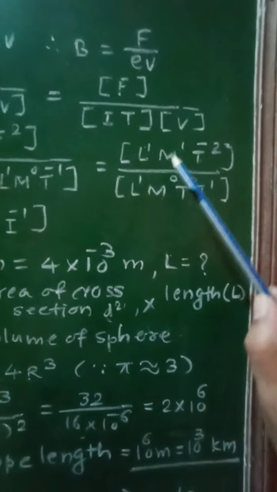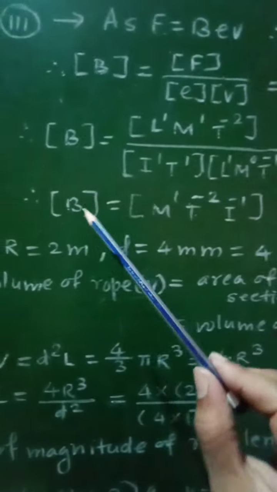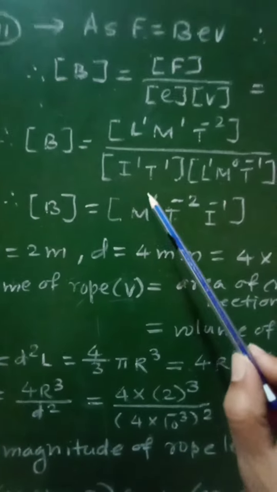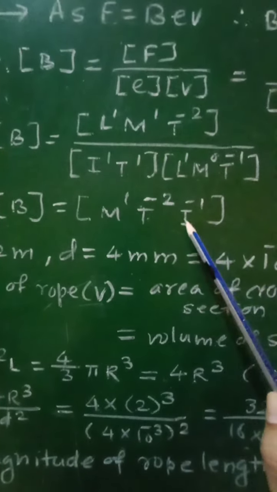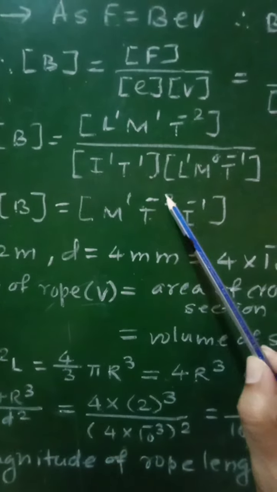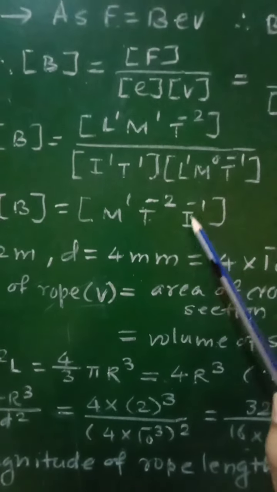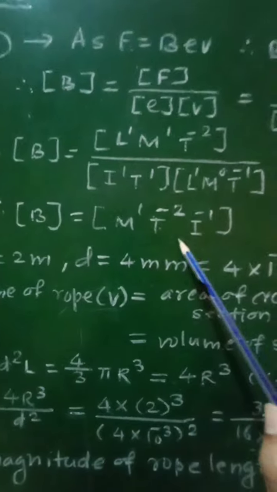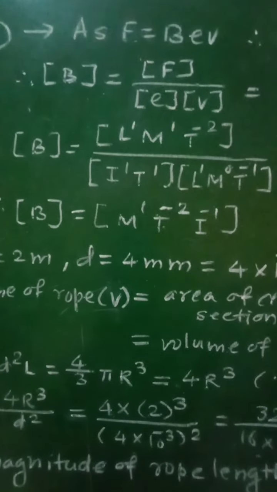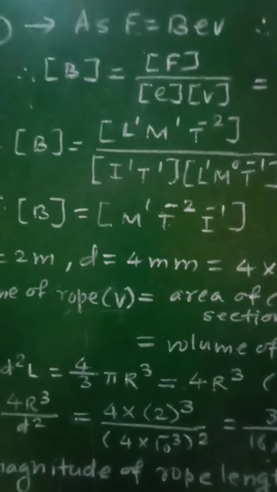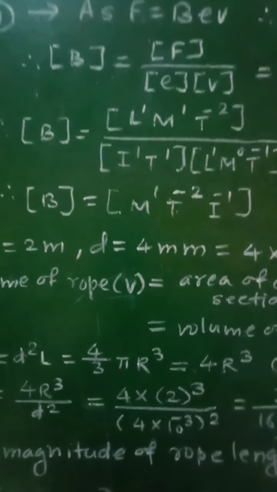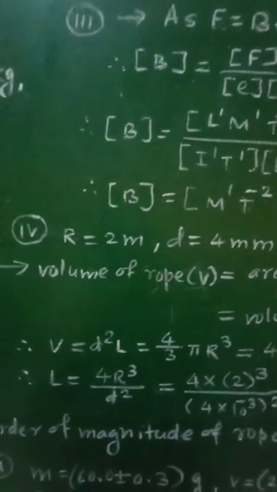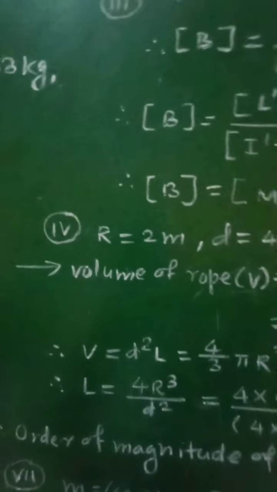Shifting these dimensions to the numerator, we will get dimensions of B equal to 1 in mass, minus 2 in time, minus 1 in I. So these are the dimensions of this magnetic field. So dimensions of magnetic field will be this, and therefore now let us see numerical number 4, which is given as